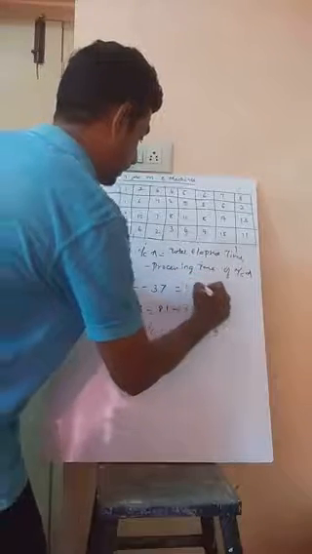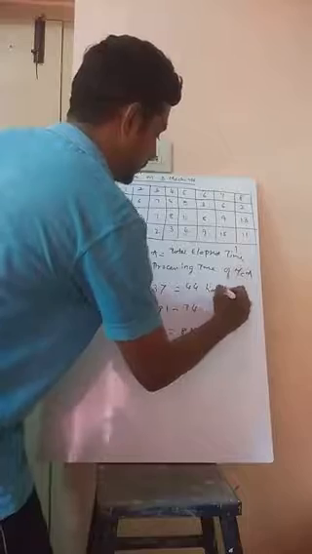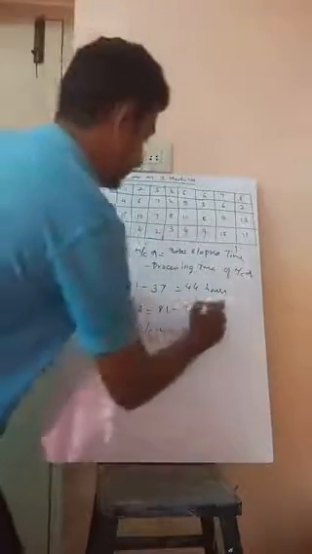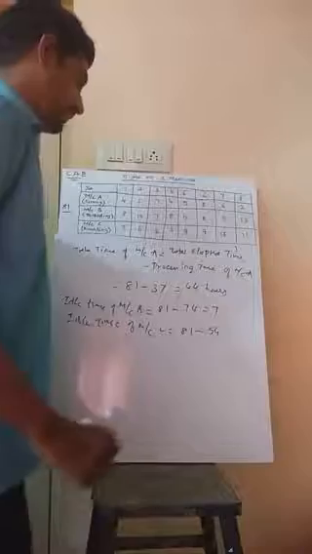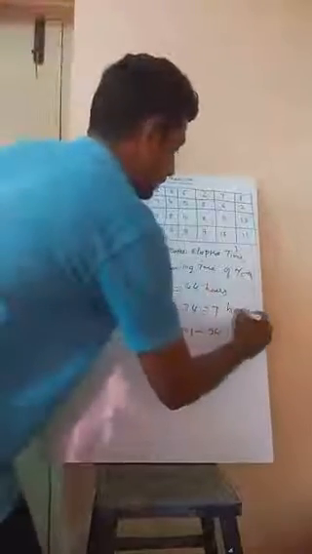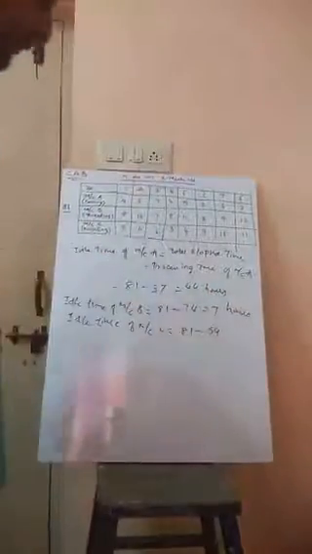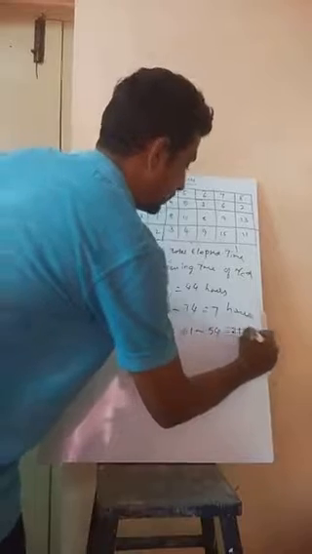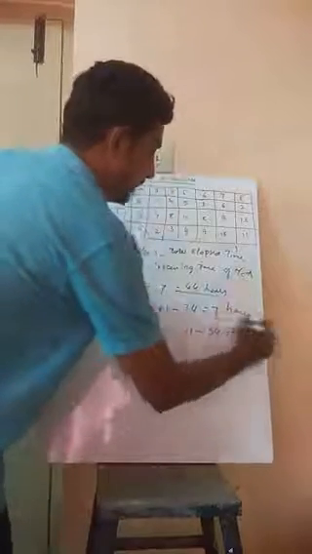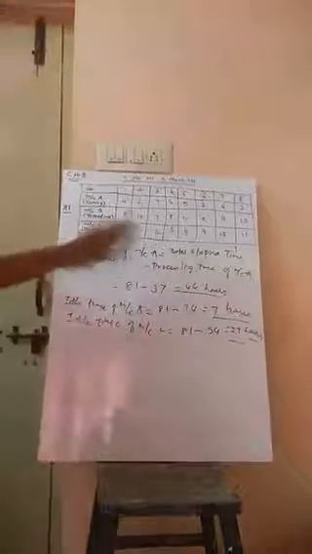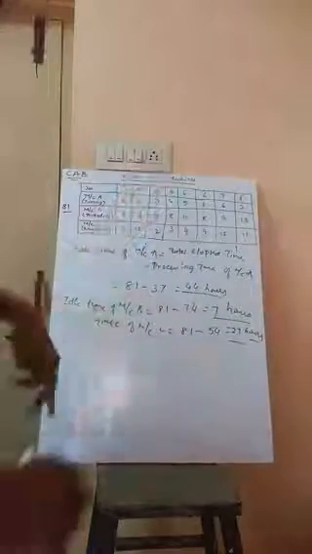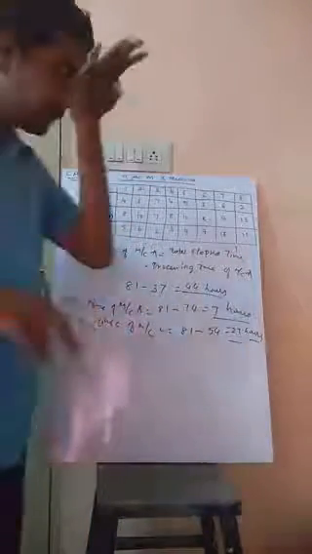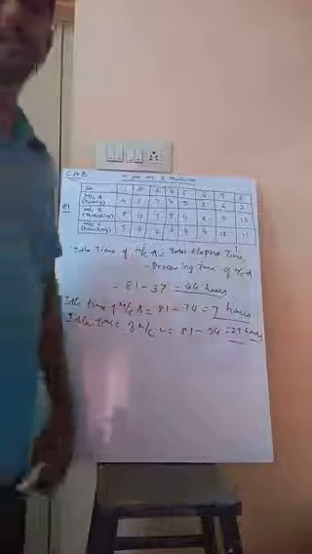We will be getting 44 here, it is in hours. Here we will be getting 7 hours as idle time. Here we will be getting 27 hours. So these three are nothing but the idle time of machines A, B and C respectively. Okay, by this we will be completing the topic called n jobs on 3 machines.